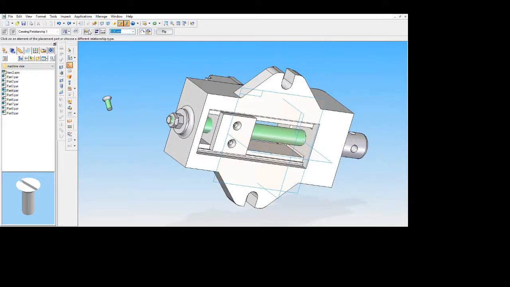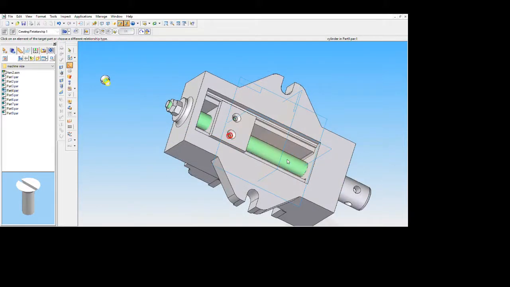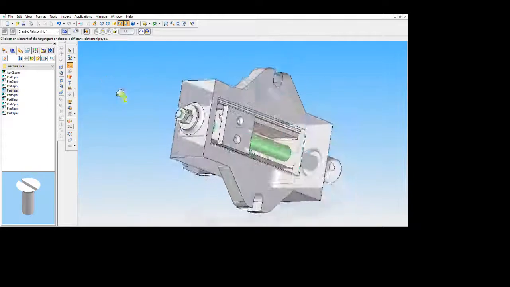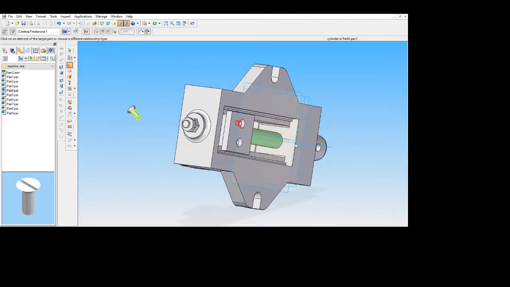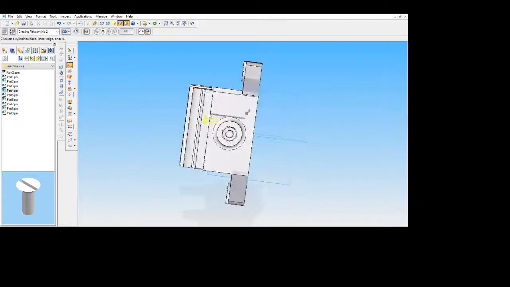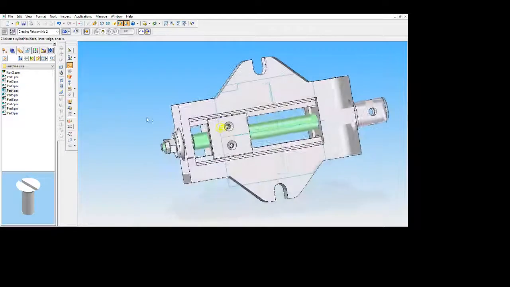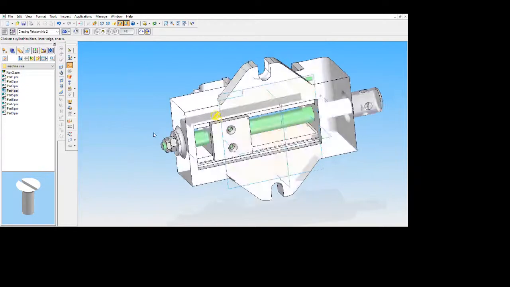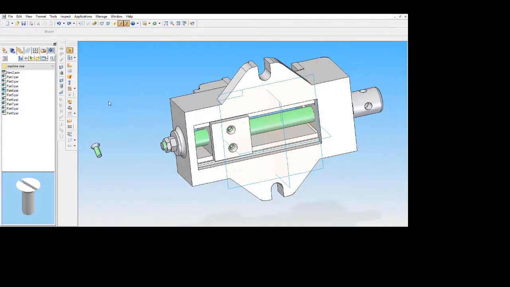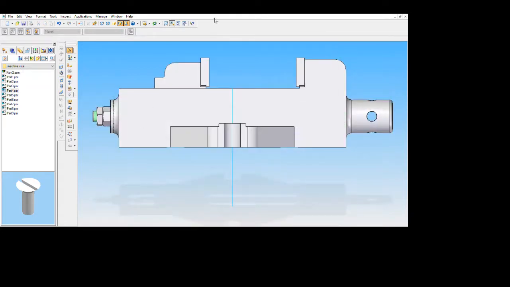Go to assembly, select axial align, select this part and select the cylindrical part, or else delete this part, go with front view, summon the part number 4,